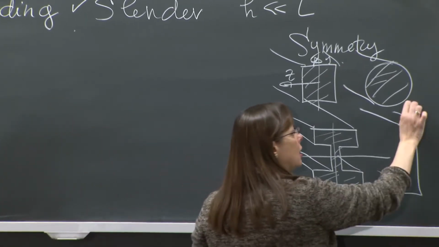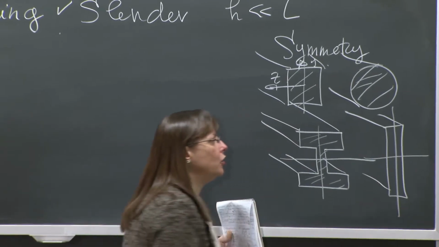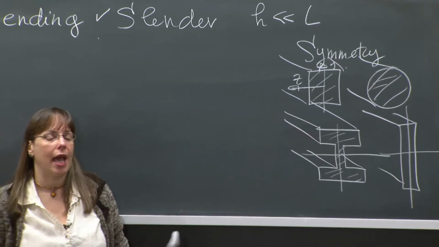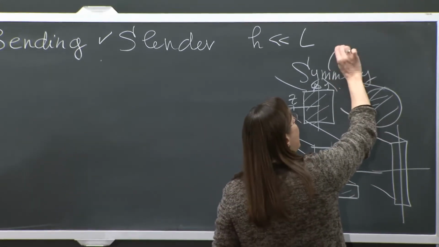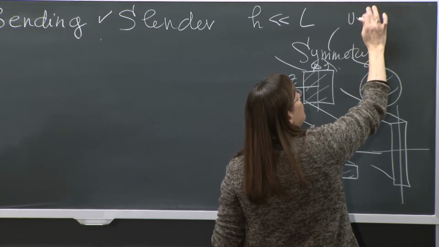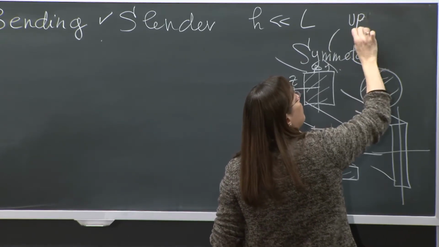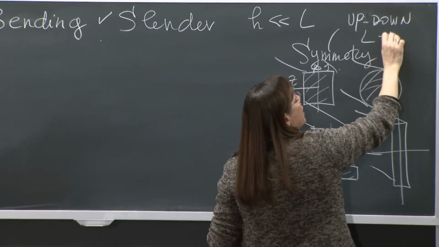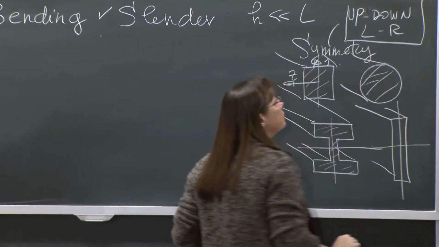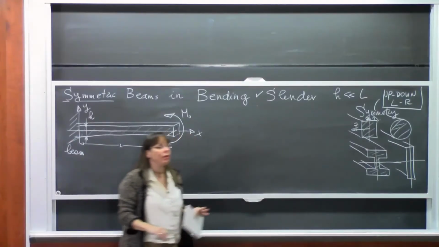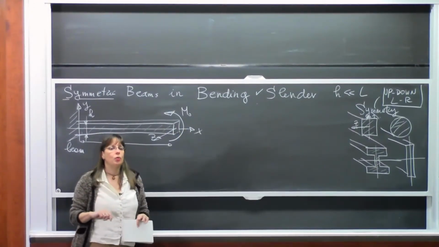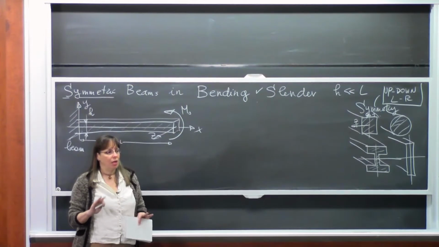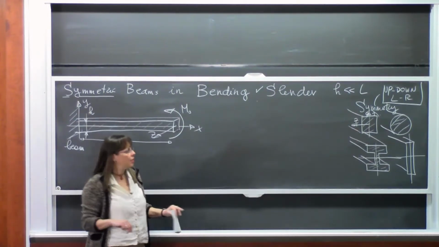Anything which is symmetric about these 2 axes is okay. By taking this simplification of the symmetry, we're going to be able to cut some corners in the